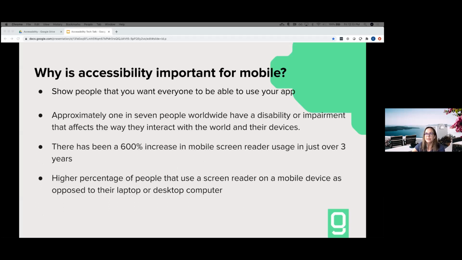So why is accessibility really important for mobile apps? When you develop a mobile app, you really want to show people that you want everyone to be able to use your app, whether they have a disability or not. Some interesting facts and statistics that Eddie and I found, which we didn't even realize before, was approximately 1 in 7 people worldwide have some sort of disability or impairment that affects the way they interact with the world